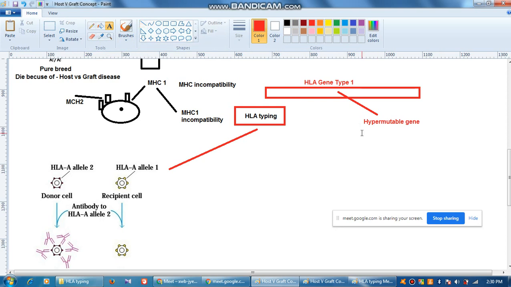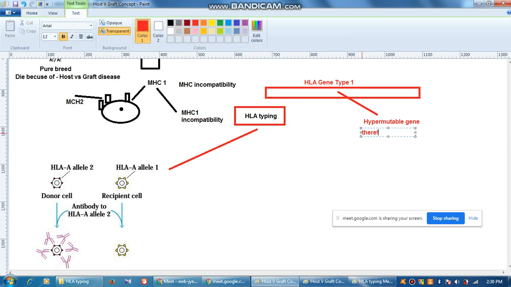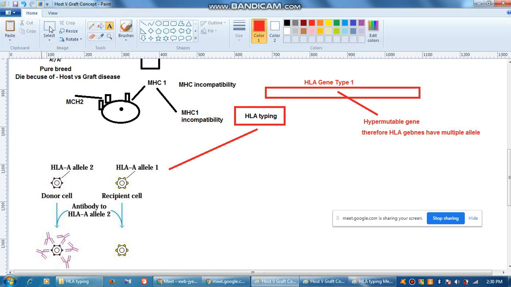Okay, so I shall also write, therefore, HLA genes have multiple alleles. Now what is the allele that we also should understand? Okay, these HLA genes are having many alleles. Alleles are nothing but type of the gene. Now type of the gene, when I am saying, it is nothing but the variety of the same gene